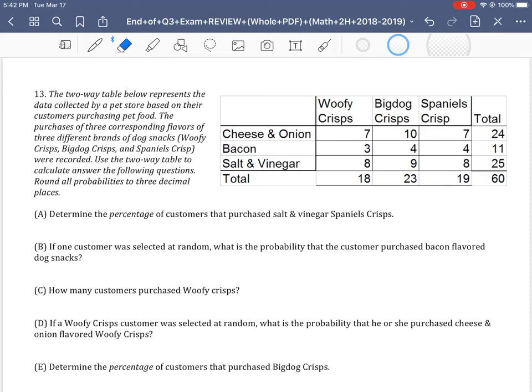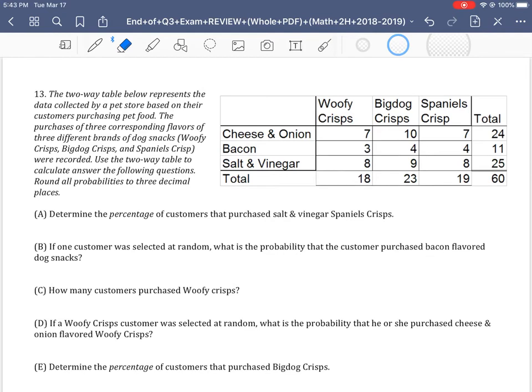We're now looking at page 2 of the review. I'm hoping we can get through 2 pages on this video. This one is related to probability. So we're given a two-way table here representing data collected by a pet store based on the customers purchasing pet